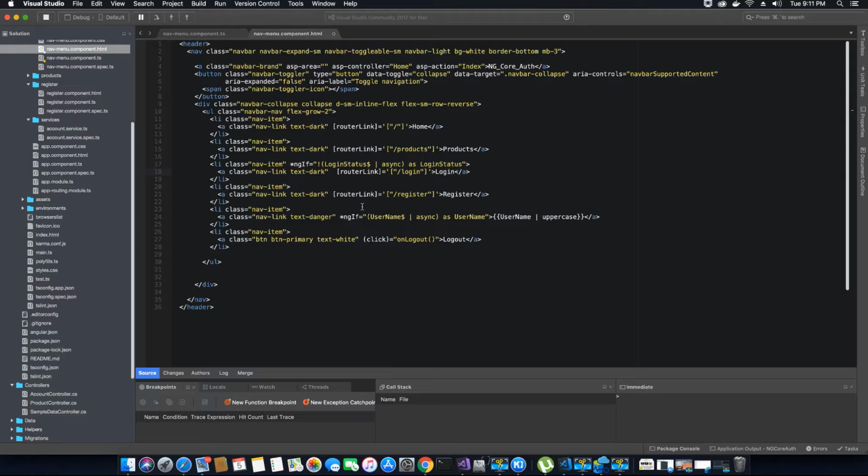So let's do that. This value will be stored in this object here, login status. We will check the value, and based on the value, if login status is false, then we will show this link, and if it's true, then we will not show this link. So let's go ahead and do the next